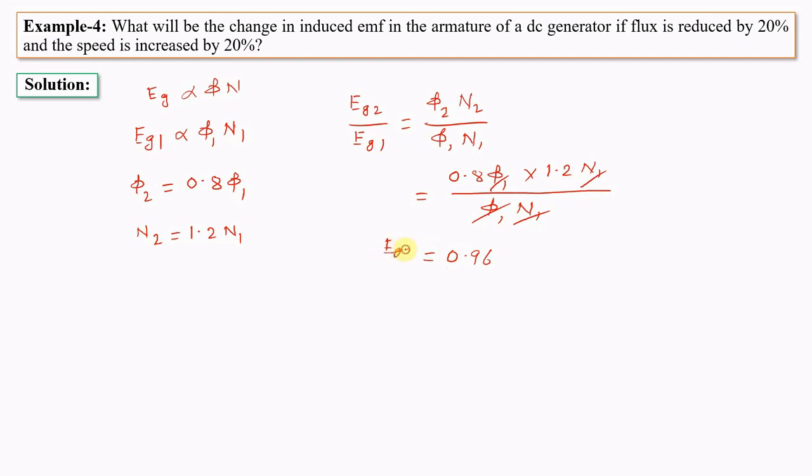So Eg2 by Eg1 is equal to 0.96, or we can write Eg2 is equal to 0.96 of Eg1. That means the generated EMF in the second condition will be 0.96 or 96% of the generated EMF in the first condition. So the answer will be the EMF will be reduced